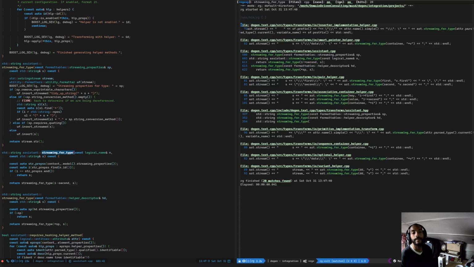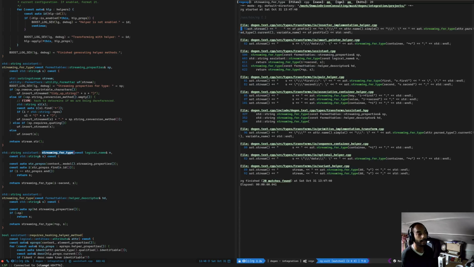So one template here. Yeah, so basically in the different templates we are effectively asking for different streaming properties. So the right fix for this probably will be to have the right incantation for streaming directly in the logical model against each type. So for example,